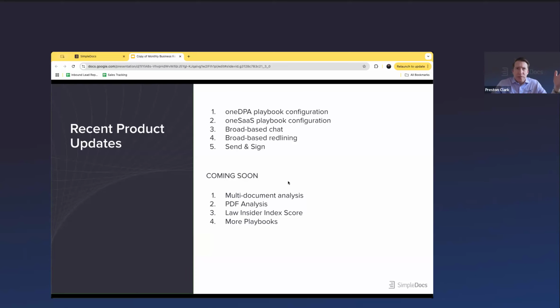for 10 plus years has been this incredible repository of millions and millions of public contracts and clauses. And out of that, we have enabled an index that basically scores how standard a certain clause is, either at the whole contract level, like are clauses missing from this contract or are clauses included that normally are not, but also at the individual clause level to say, does this mutual indemnification clause or does this termination clause in an employment agreement or whatever it is, is it consistent with the Law Insider database?